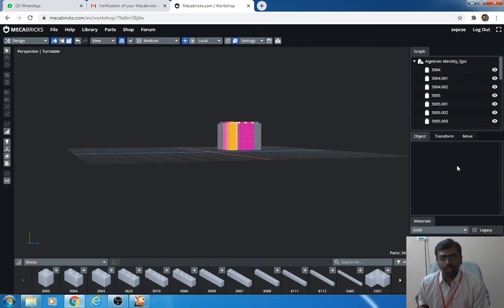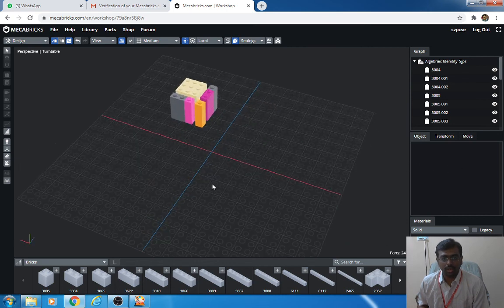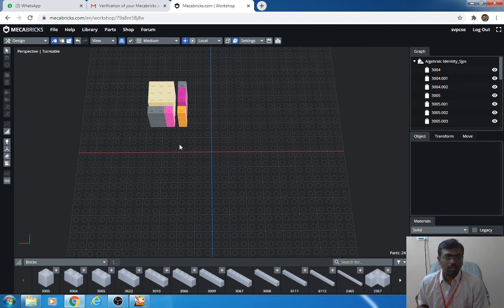If you look at this, you can see it in any dimension you want. You can make it in a very closer form also, so that it is explained much better. In this platform you have to do it, and you have to take a screenshot and stick it onto your work.